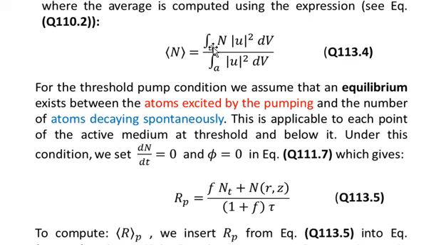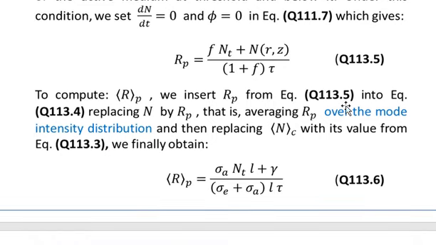of any quantity. So if you want to calculate the average of the pump rate, you can replace n by the value of Rp. You can put R over here, and also R inside the integral over here. So n can be replaced by R if you want to calculate the average value of the pump rate. So we insert Rp from equation number 5 into equation number 4, replacing n by Rp, that is, averaging Rp over the mode intensity distribution, and then replacing the average value of n with its value from equation number 3, we usually obtain